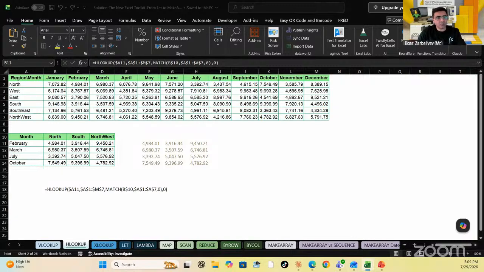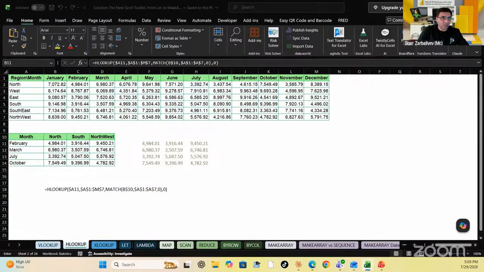So I'm going to fix my column in this way, comma, regarding table array, I'm going to select all this table, and I'm going to fix this table, comma, and my row index number, as it's